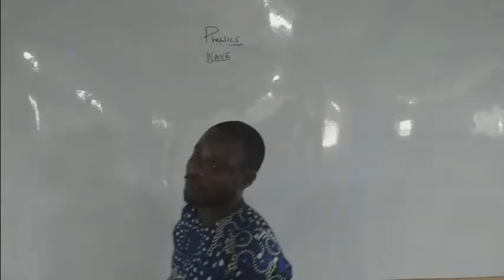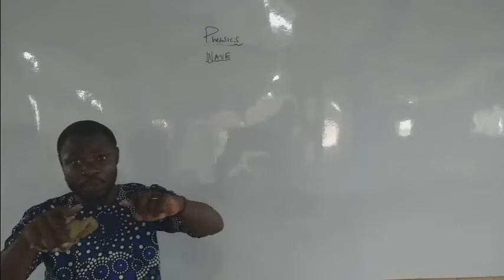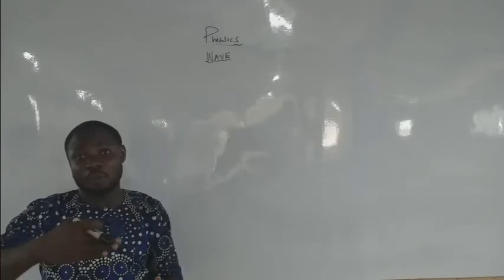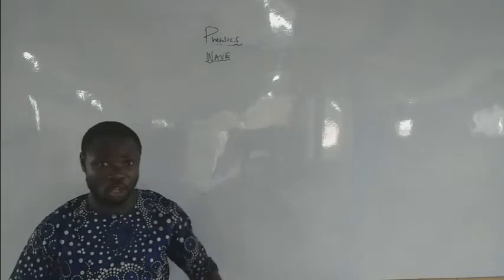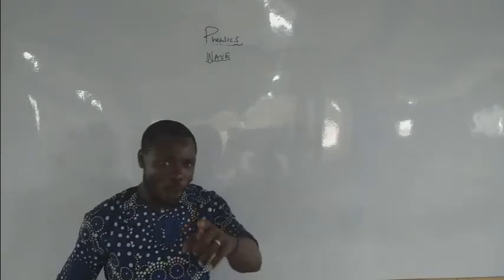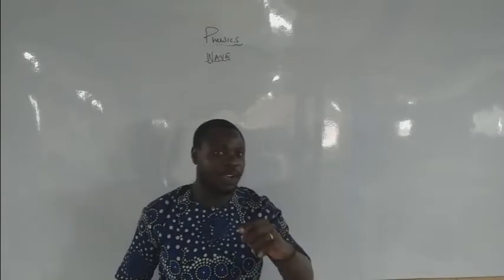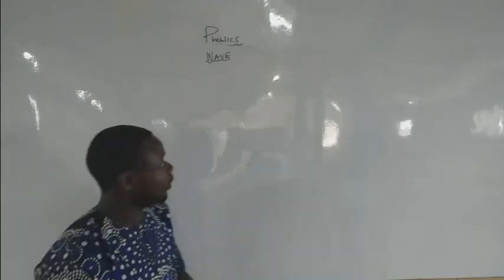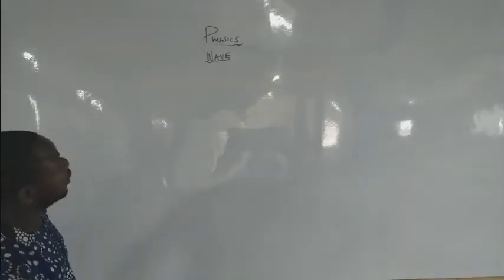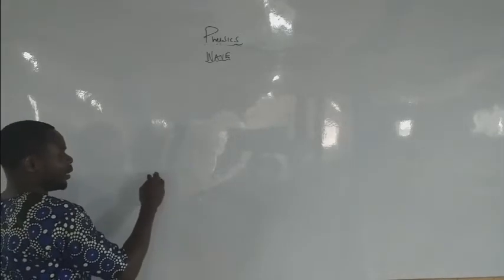What is a wave? A wave is a disturbance which travels through a medium and transfers energy from one place to another without causing any permanent displacement of the medium itself. Again, a wave is a disturbance which travels through a medium and transfers energy from one place to another without causing any permanent displacement of the medium. Full stop. Now, examples of wave, we have light,